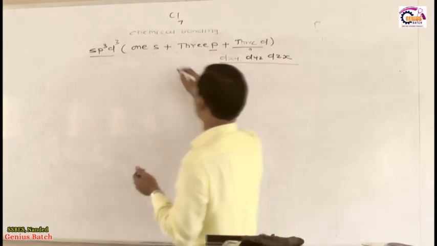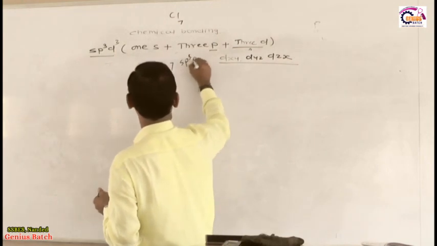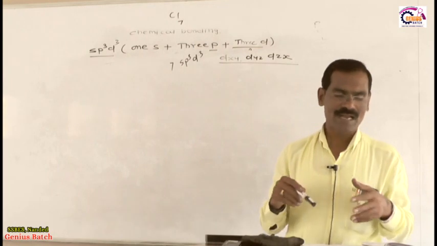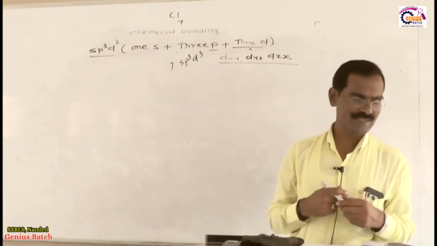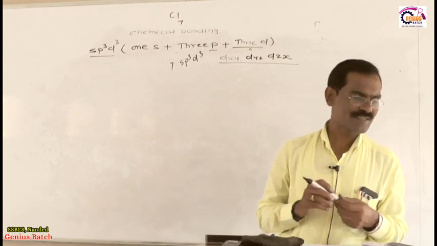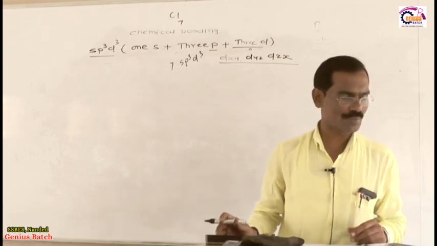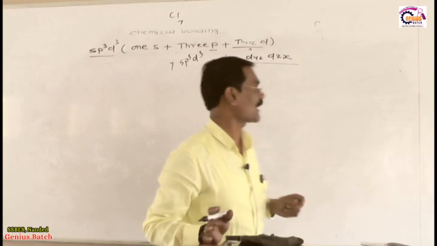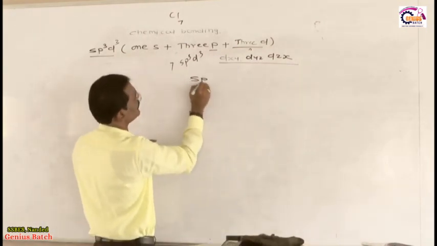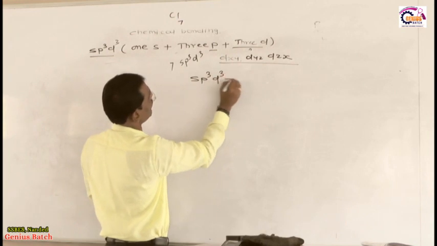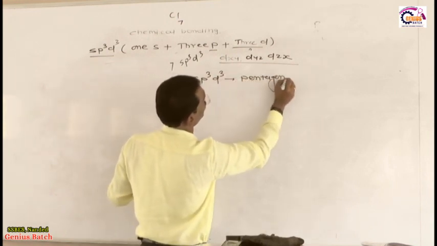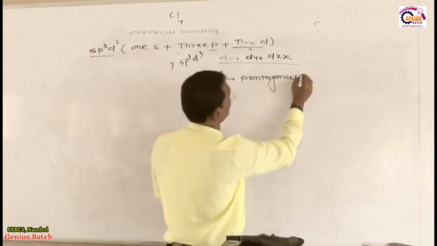the 7 new sp3d3 hybrid orbitals, which are equivalent in energy and shape. This is called sp3d3. Another important thing: these 7 sp3d3 orbitals are configured in a pentagonal bipyramidal shape. Those molecules which have sp3d3 hybridization have the shape pentagonal. This is not trigonal, this is pentagonal